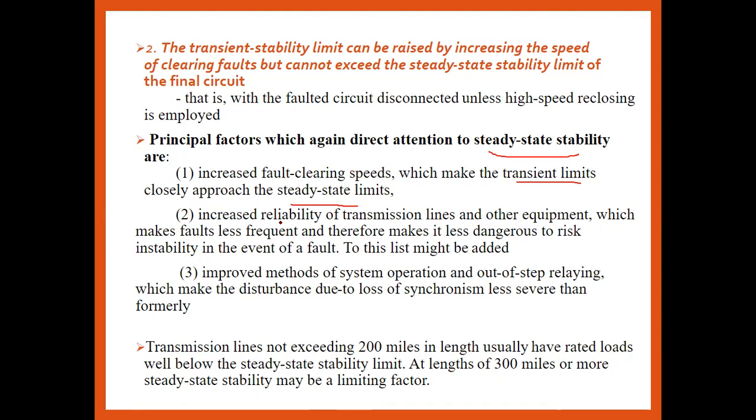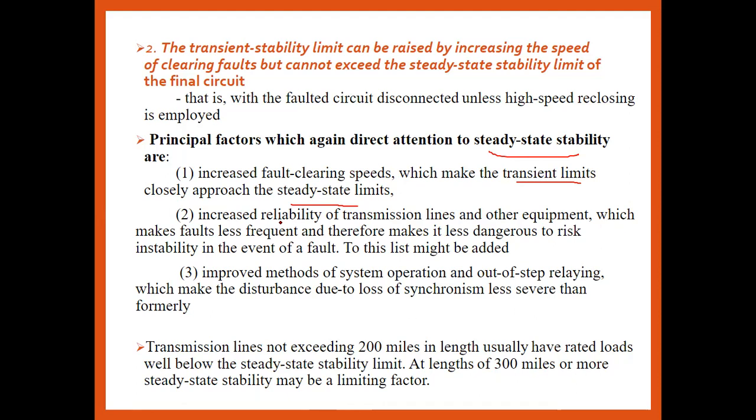behavior that comes, according to that, synchronization is going to be affected, but the system should not lose its synchronization, so the severity should be less. The severity of the fault and of whatever transients or disturbances are coming, we have to reduce it, and for that we are improving stability. Thus, with reference to the transmission line limit of the steady state stability of the short, medium and long lengths, we have to take the above considerations or the above points into consideration.